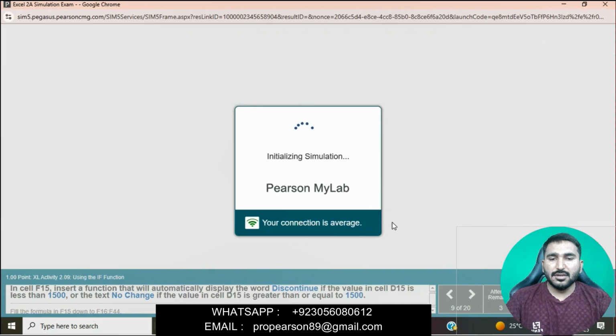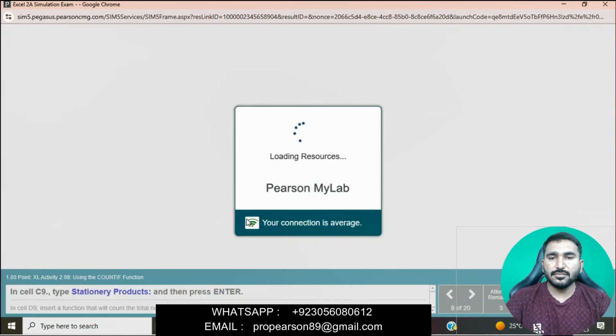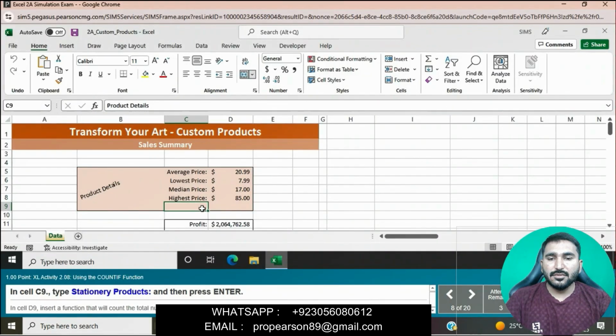One second, I will copy this formula here. Okay, count function. Press equal to, insert C9. First I have tab stationery product, insert C9, then press enter.